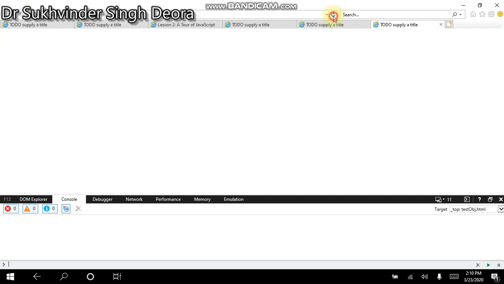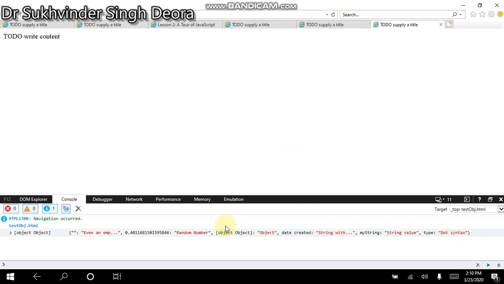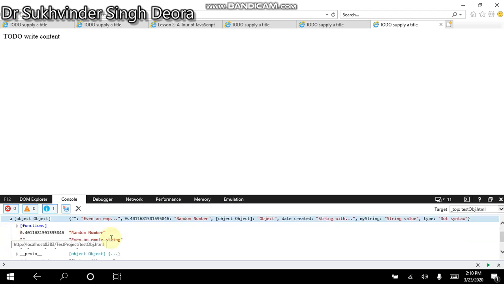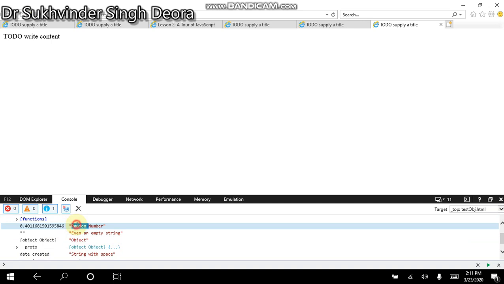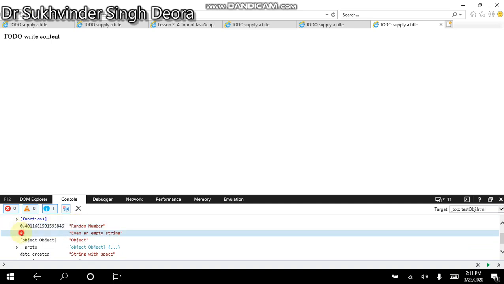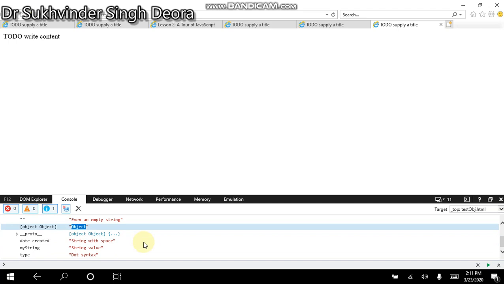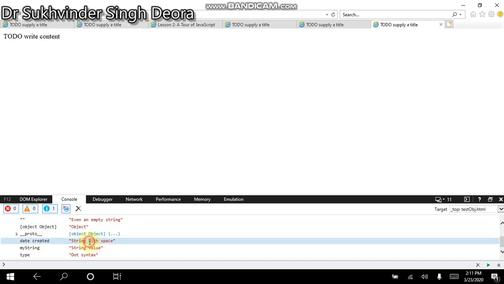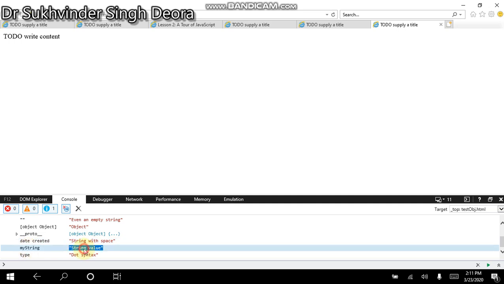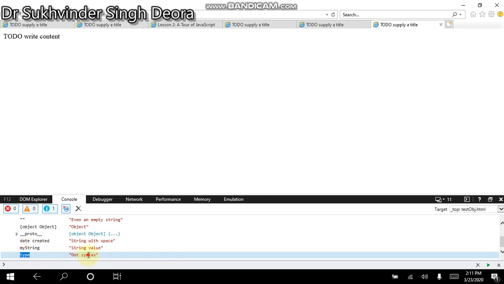Again, I refresh this page. So you see, when I refresh this page, I get details about the object. And what are the details about the object? The random number which has been assigned, the name of the empty property which has been assigned a value also, then an object which has been assigned the value object. Then we have date created, which was in single quotes in the pair of square brackets only, and therefore we have the value here. So my string, which again has some value, and the type, which is some other value which I have initialized in case of my